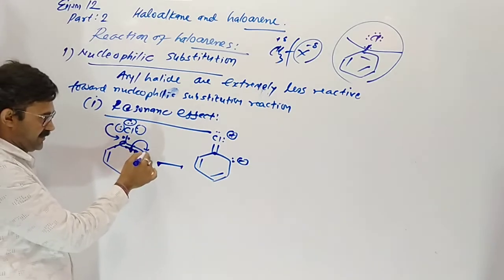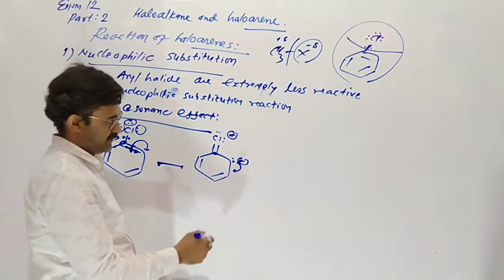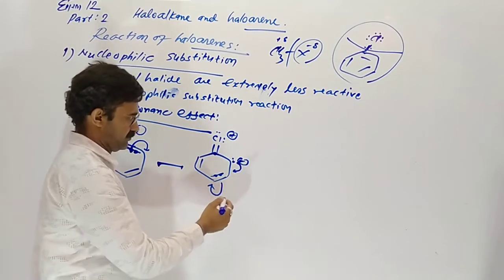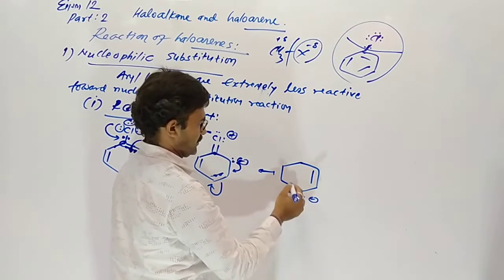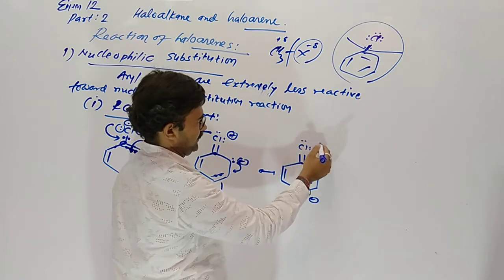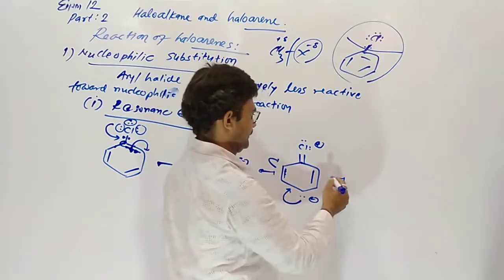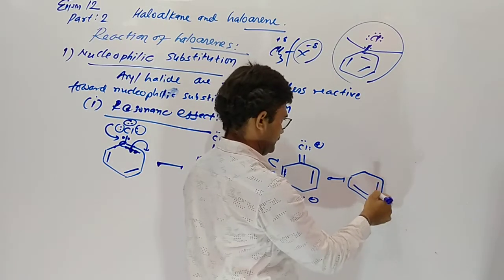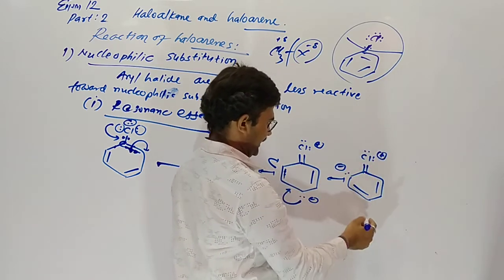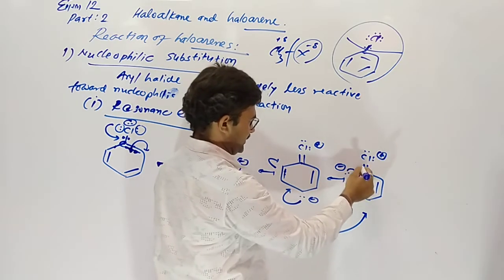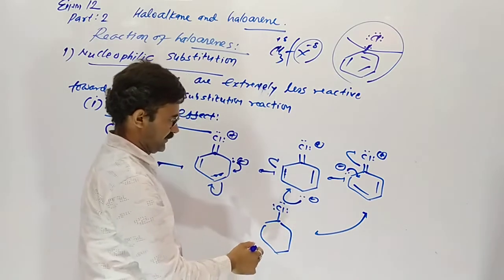So this ortho place became negative. These 2 electrons have come to the ortho place. Now these 2 electrons move here, so two pi bonds pass over. This sign is of resonance. So the para place will be negative. These 2 move here. So once again the ortho place became negative. And in the last these 2 move here. So now chlorine has 7 electrons.